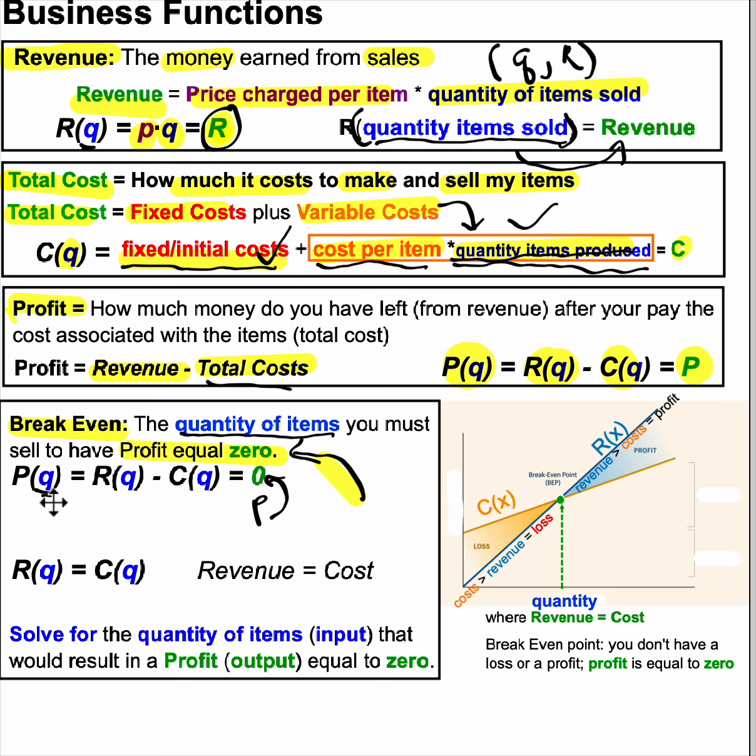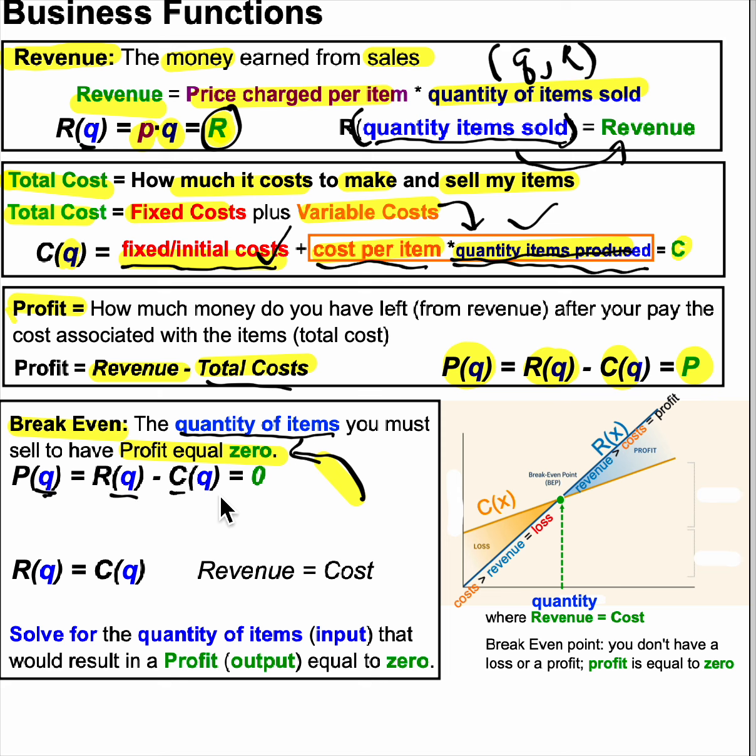How many do I need to sell to give me a profit of 0? I can actually write this two different ways. I can just set P of Q equals 0, or I can write it in terms of revenue and cost. So if I do a little algebra here,